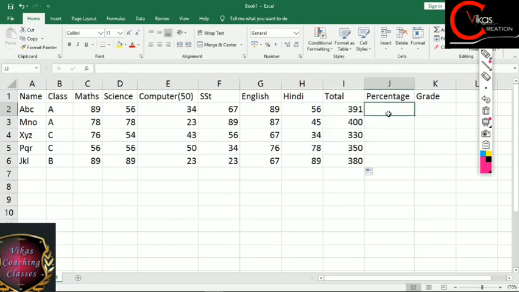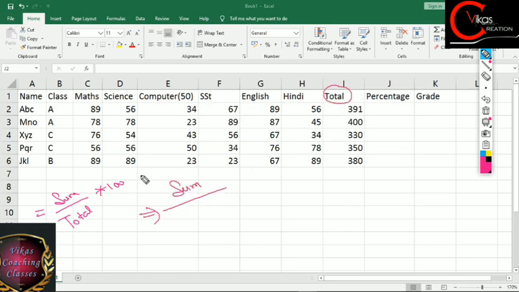Now let's suppose after that we have to calculate percentage. For calculating percentage we have to use simple mathematics. We all know that the simple formula for calculating percentage is: sum of terms, then total, multiplied by 100. So here our sum is in this total field,